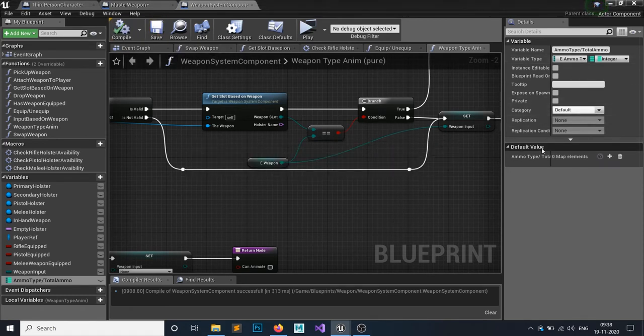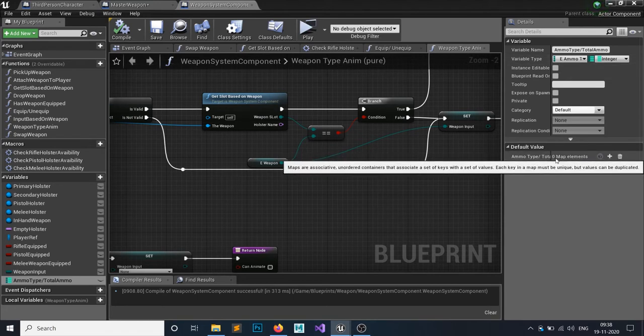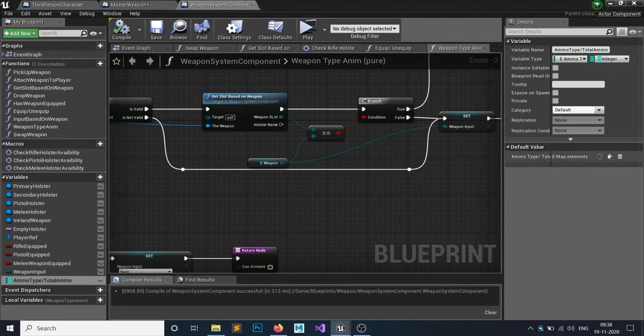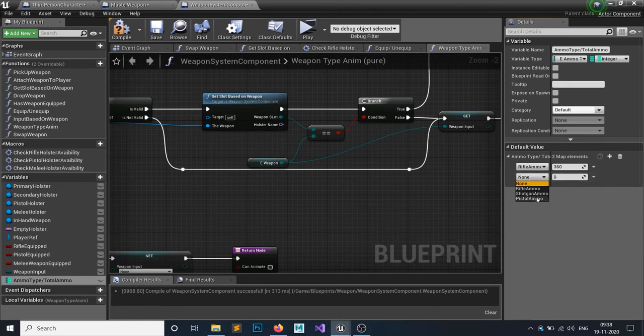So as you can see, we can add some values. So let's say for showing purpose, I have 360 of rifle ammo, pistol ammo of 120, and shotgun ammo of 270.